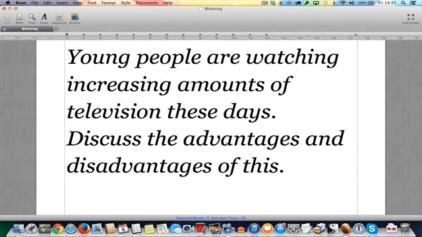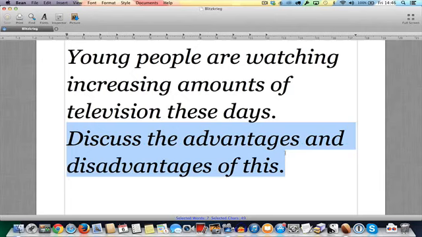So this question is obviously very similar to the preceding one. However, your response style will be completely different. So as you can see, the instruction words make clear that you are going to be examining and comparing the advantages and the disadvantages connected to television consumption among young people. So thus you will need to structure a response that allows you to weigh these two areas